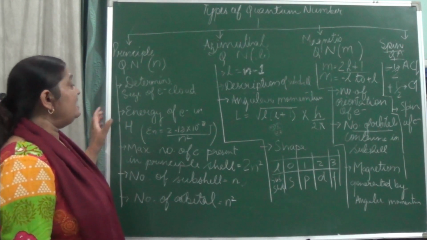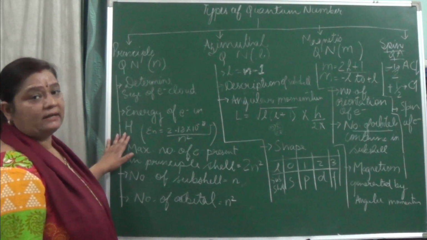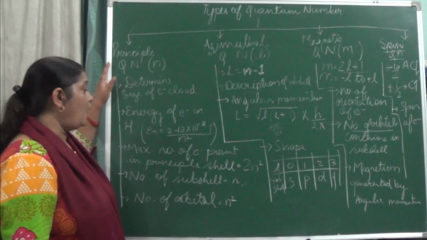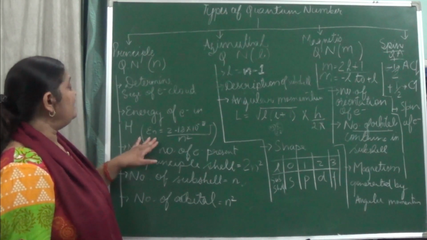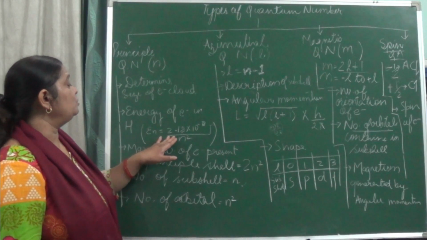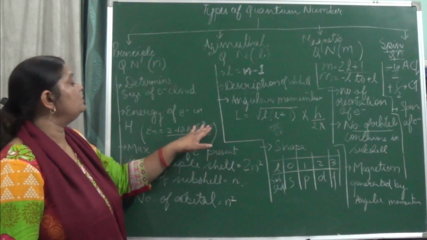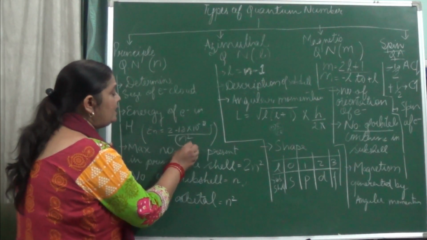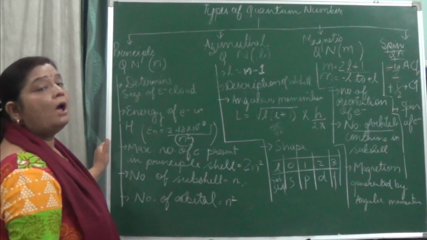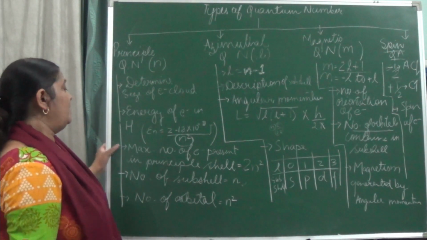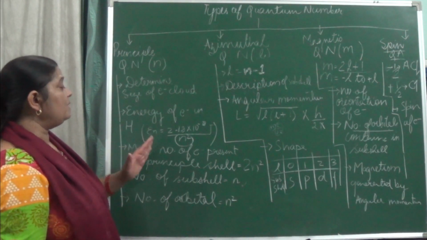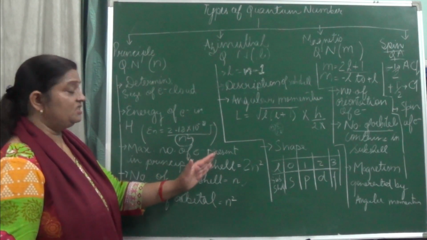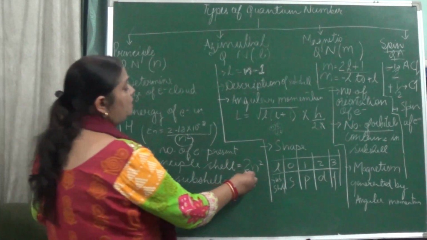Now, the energy of the electron in an atom can also be calculated from the principal quantum number. How? By using the formula: energy in the nth orbit is equal to 2.18 into 10 to the power minus 18 upon n square. Here, this n is the principal quantum number. It also tells about the maximum number of electrons present in the principal shell or energy shell by using the formula